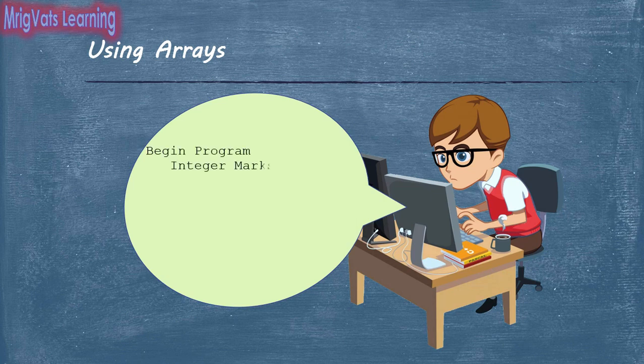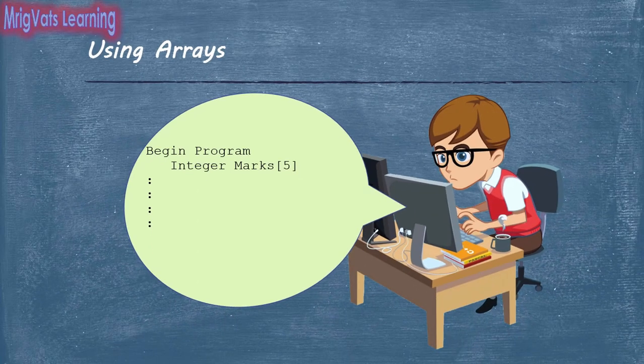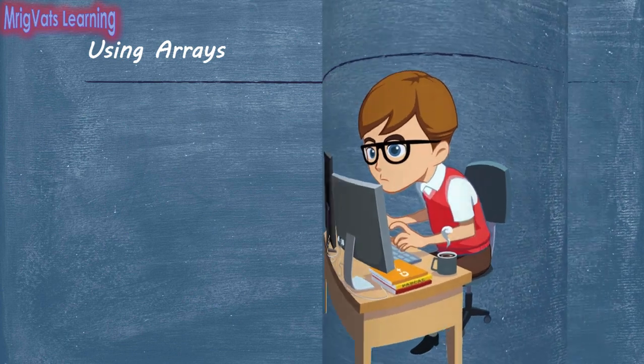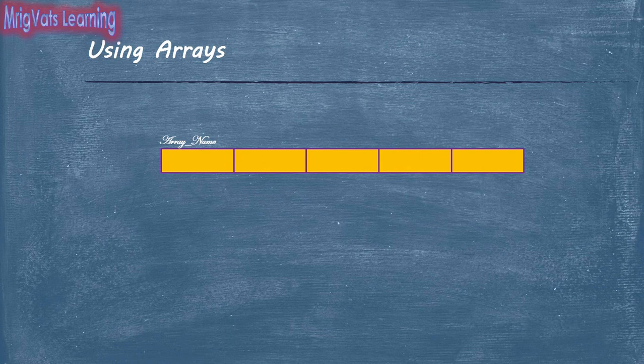To declare an array, you specify a data type followed by the array name. An array name has a square bracket as a suffix which differentiates it from the variable name. As I mentioned earlier, you can consider an array as a group of variables. To create such a group, you mention the number of such variables within the square brackets. When you declare an array, program allocates contiguous memory blocks to these variables included in the group. Each variable in this group is known as an element of the array.